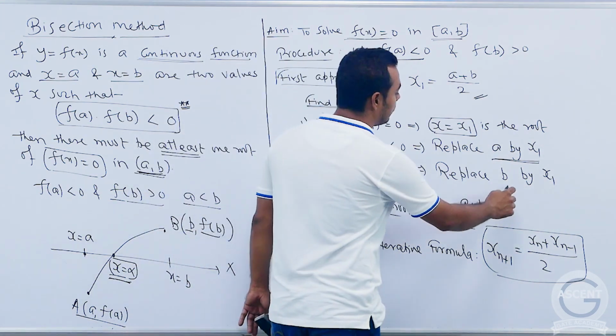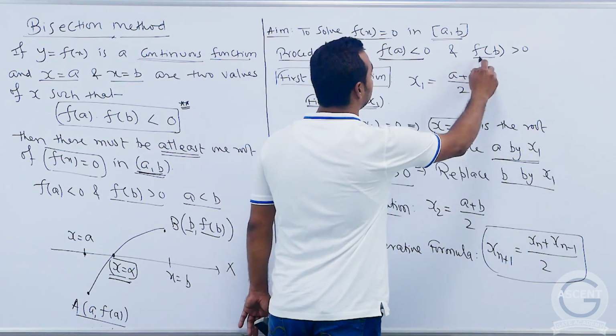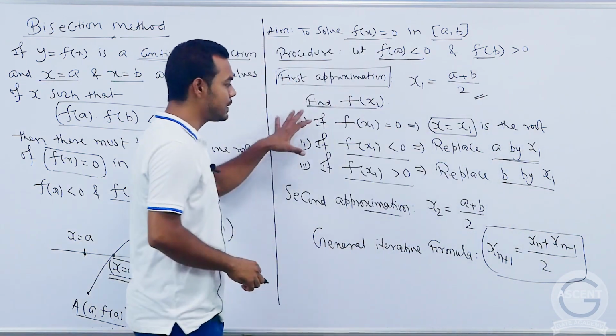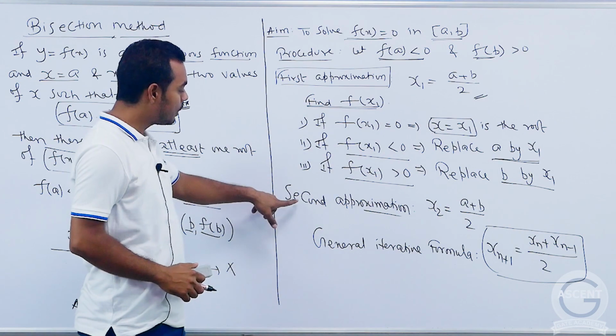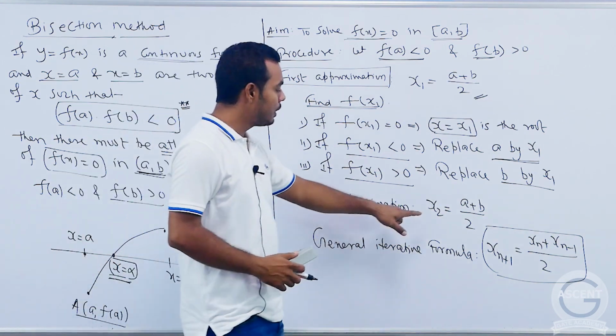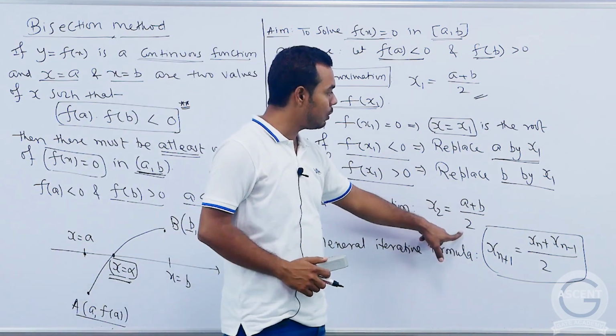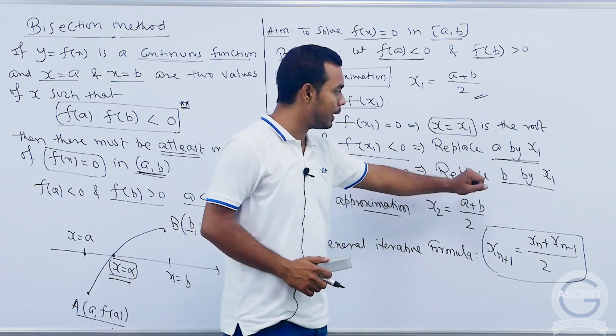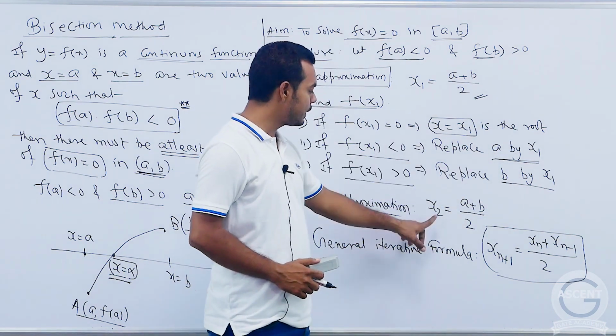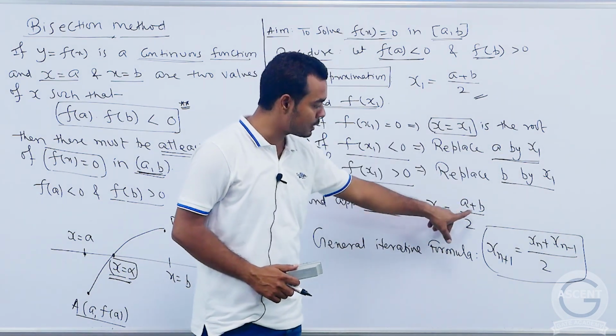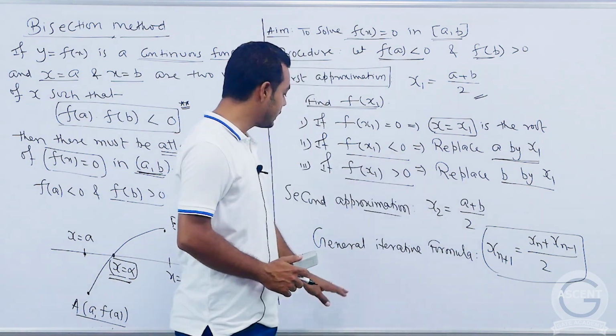Now in that case you have to replace b by x1, because f of b was positive. This we will see with the help of one example. Now for the next approximation, again x2 will be (a plus b) by 2, but now you have to use the new value of a and b. So this will be the formula to calculate the second approximation, (a plus b) by 2,